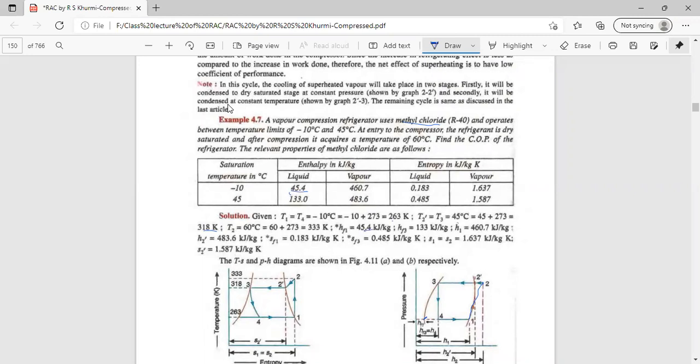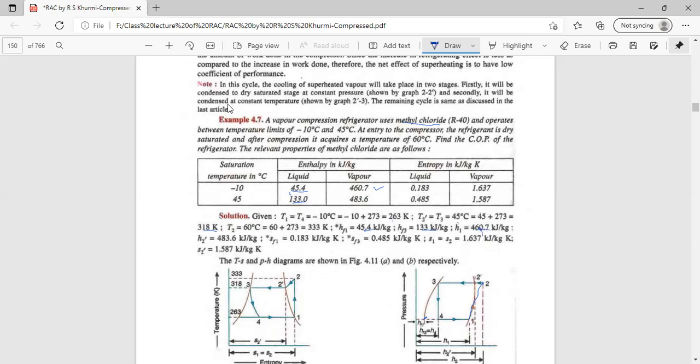And HF3 is the enthalpy of the liquid, also in fluid state at point 3, which is at the higher temperature, that is 40 degrees centigrade. At the fluid state, it is equal to 133.0. That is HF1 and HF3. And what will H1 be? H1 is on the dry saturated vapor line, so H1 is equal to Hg1, which is the enthalpy of the vapor, given here as 460.7.